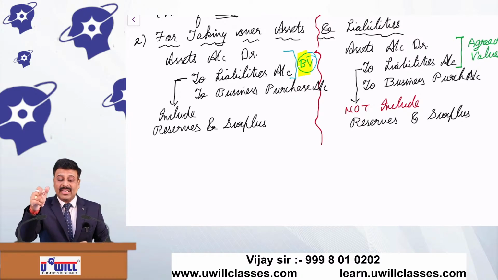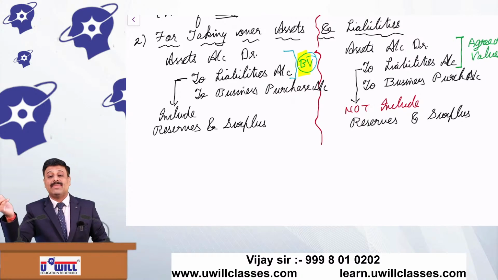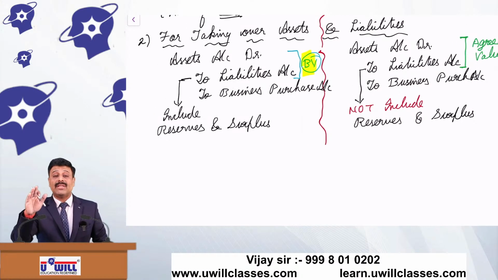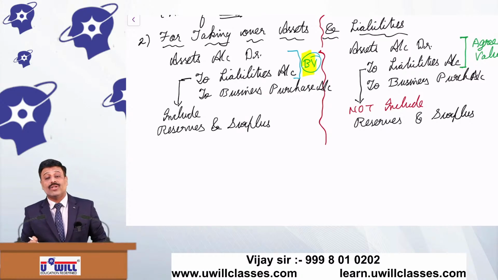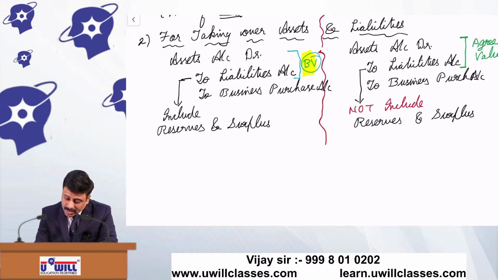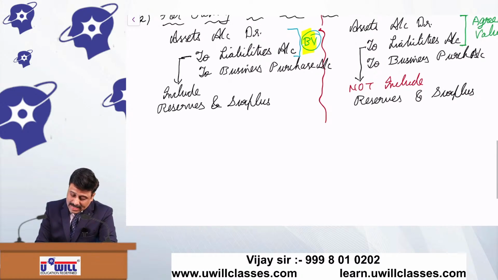In pooling of interest method, assets and liabilities are to be taken at book value. In purchase method, they are to be taken at agreed values. In pooling of interest method, liabilities will include reserves and surplus also. In purchase method, liabilities will not include reserves and surplus. Third difference, in this second entry itself. Second entry is very important in the books of transferee company. Third difference is that any difference or balancing amount in the journal entry,